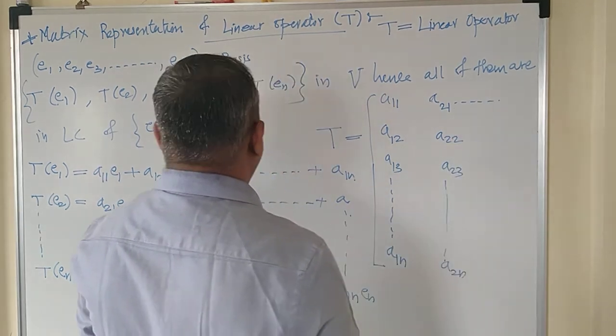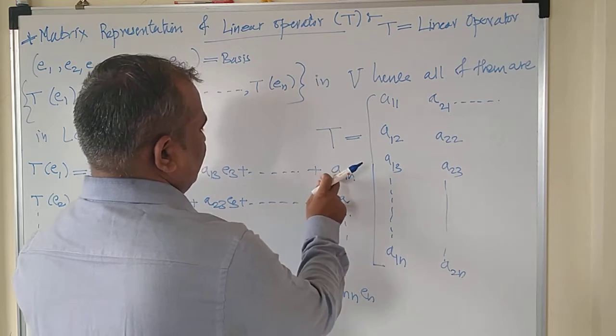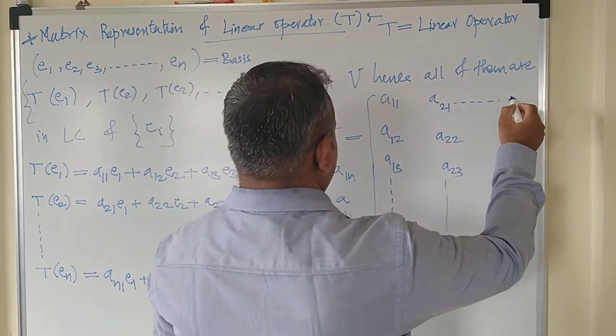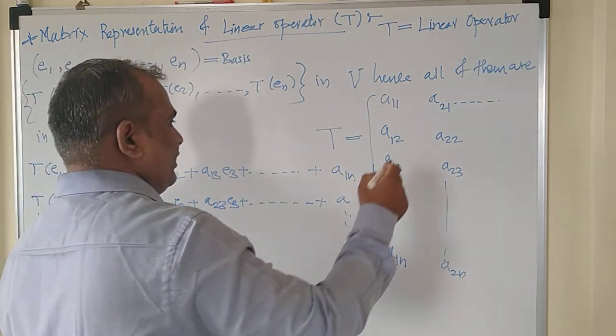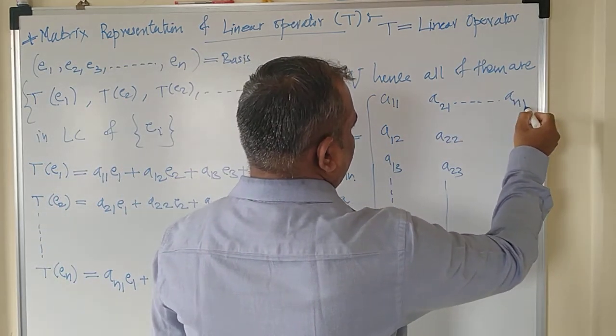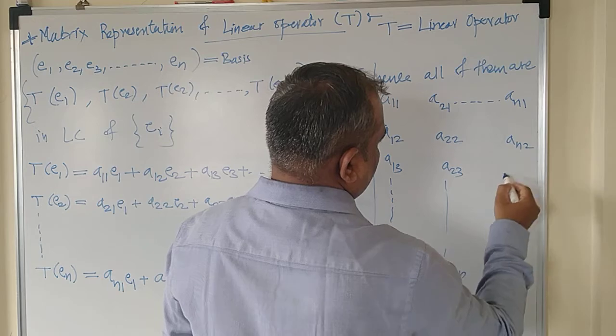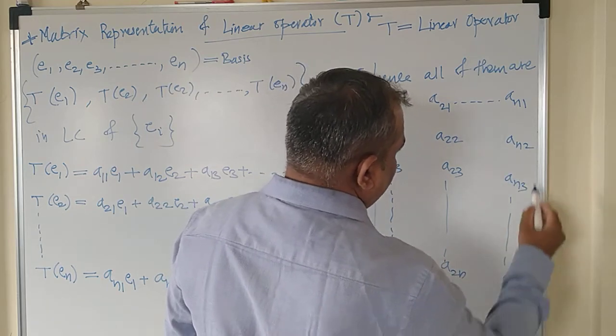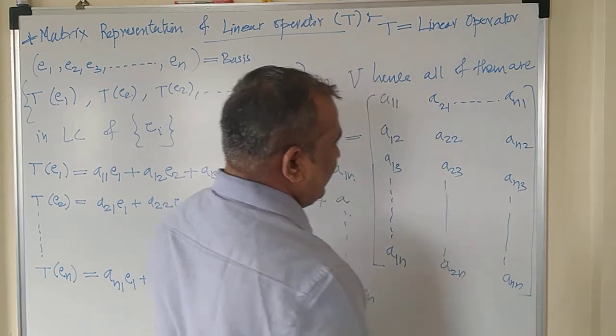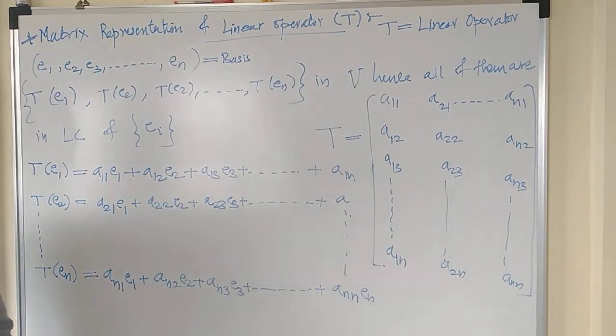And the last column of this matrix will be An1, An2, An3, and the last one is Ann. Got it? So this is the matrix, and this matrix is called the matrix representation of the linear operator